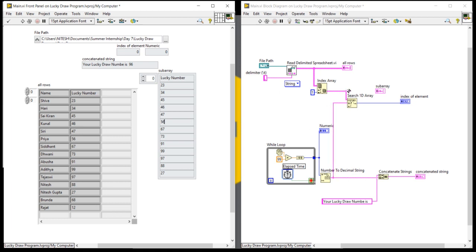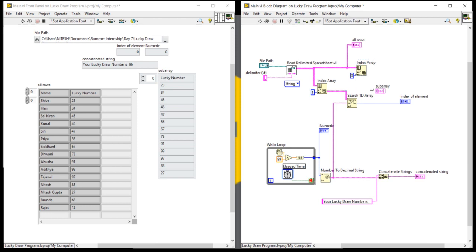Now the next part. Let's try to find the winner's name. To find the winner's name, I need to write the same program once again here. Now the column index number will be 0.